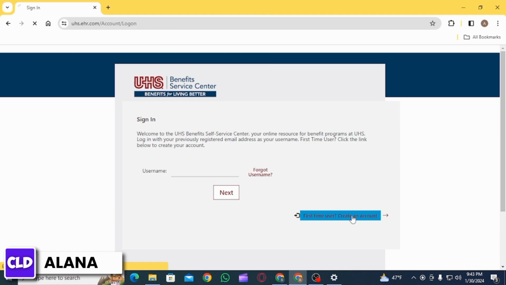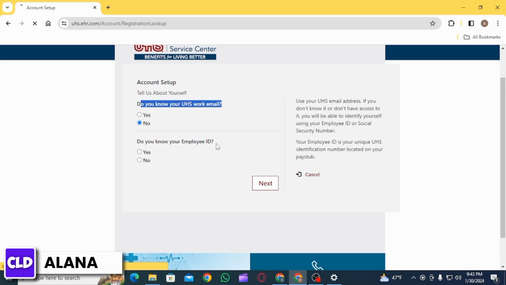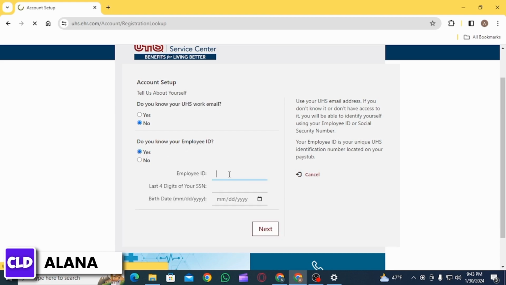Then it's going to ask you if you know your USH work email. Now, if you do not know your USH work email, then it is going to ask you if you know your employee ID. Click on the yes button if you do, then enter the employee ID. After that, enter the last four digits of your SSN, then enter your date of birth and then click on